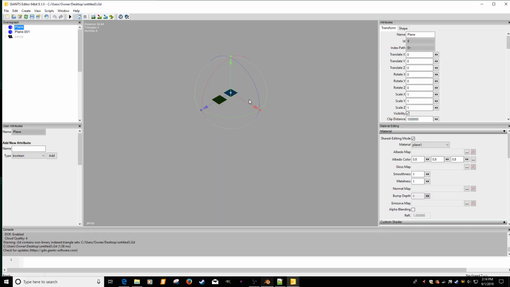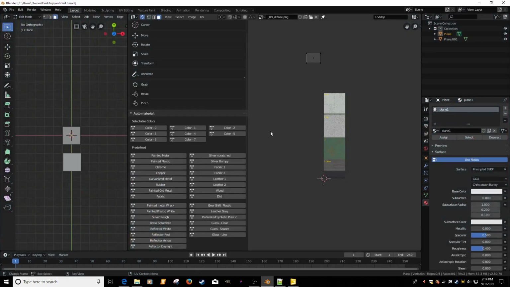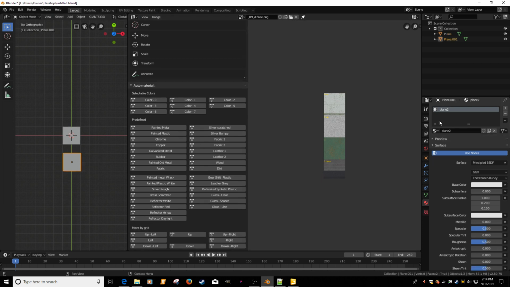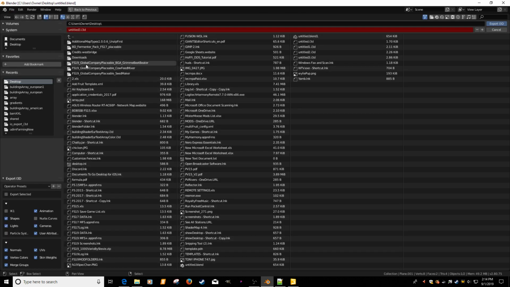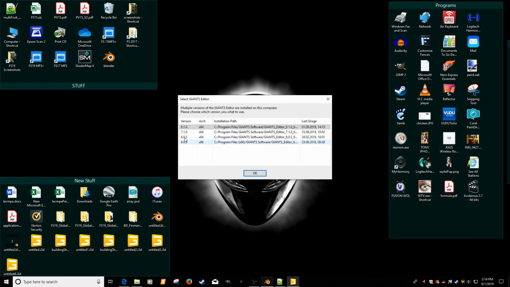now when I select plane, it's plane 1. When I select plane, it's plane 2. So just to show you, you can see the color difference. The other way that I could have fixed getting that duplicate is I could go back to object mode, and simply select that base color and just move it over here. File, save, file, export, Giants i3D. We're just going to go to 4, export. And now when we open up,